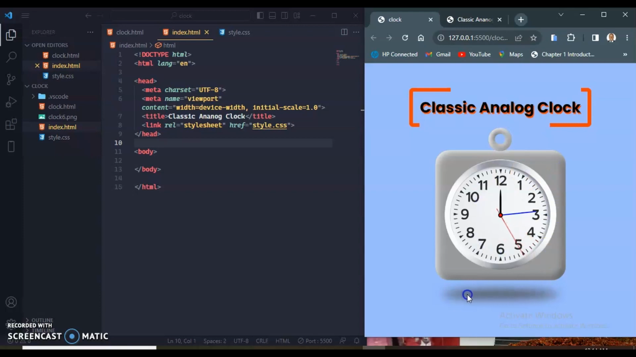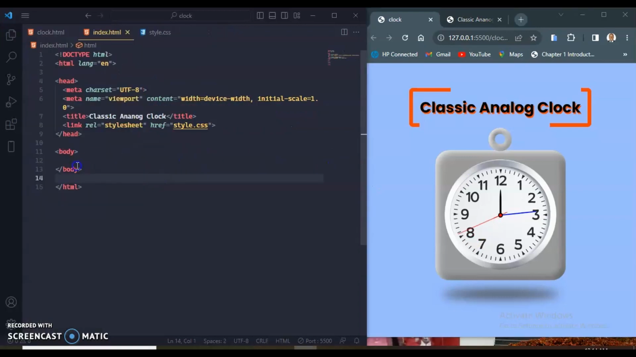So when you look down here, we have some shadow. Somebody's wondering how this shadow is created. I'm going to show you step by step how this shadow is created. So all these elements, we need to create in the body style. So without wasting time, let's come to the body, opening tag and closing tag, and I am going to create